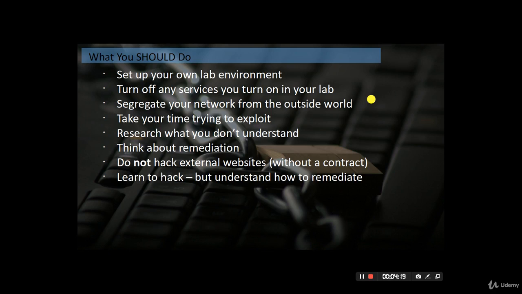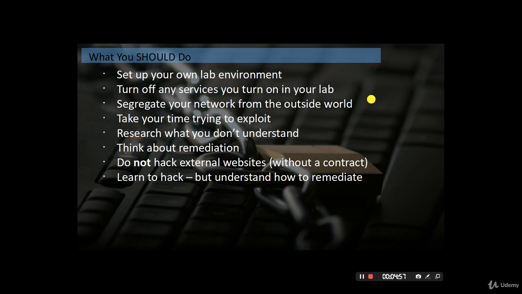Think about remediation. So going back to my story about stealing credit card numbers and stuff, you've got to think back about what my boss said. My boss said to me, "I don't care how this happened, but it better never happen again." They don't care about when it took place or how it took place. They want to make sure it never happens again. That's the remediation portion. So unless you want to go on with your life and become a bounty hunter for someone like Google or Microsoft and look for vulnerabilities in their applications,